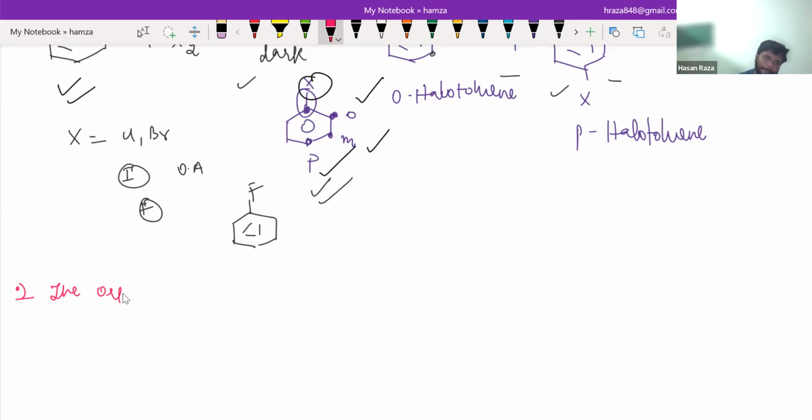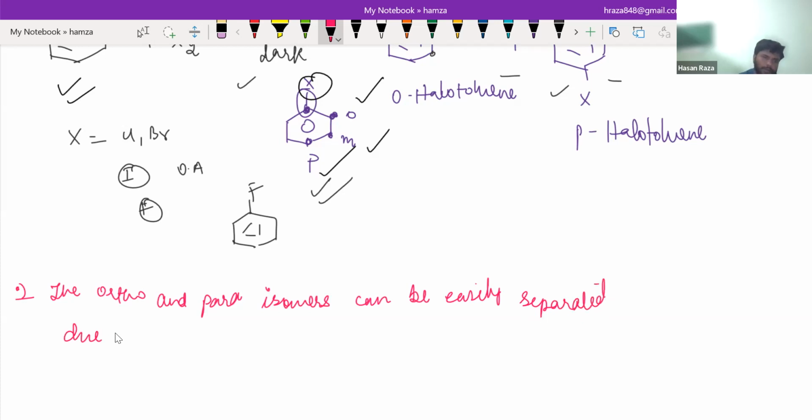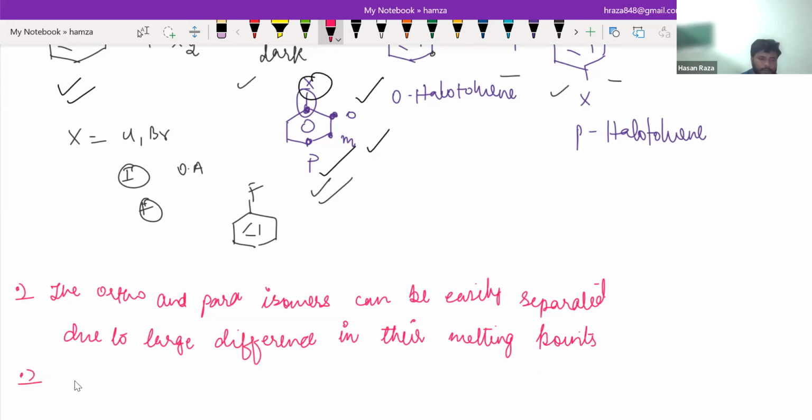The ortho and para isomers can be easily separated due to large difference in their melting points. Next point, which is very important,